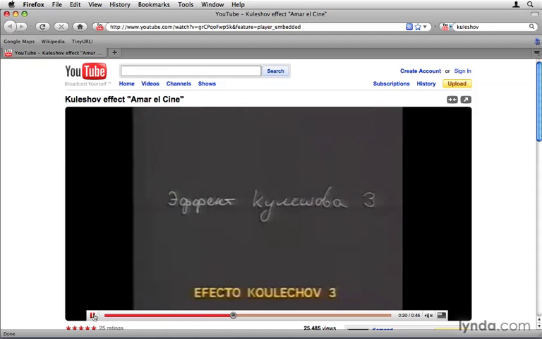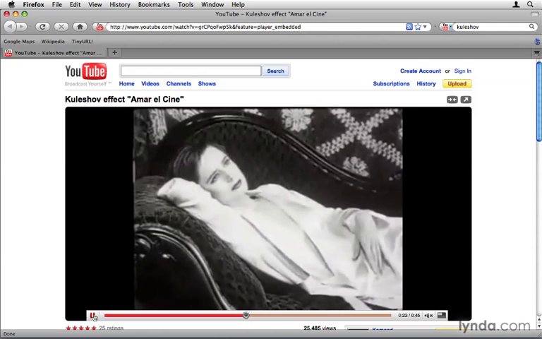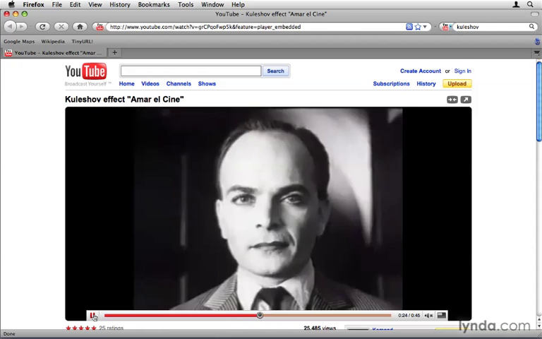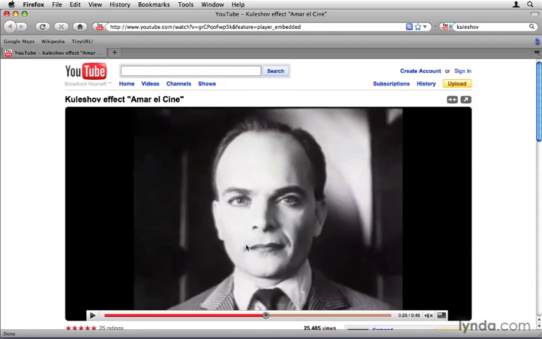Then he showed them a beautiful woman laying there. And then they cut back to the man's face, and the man's face seemed to say, hey, that's a pretty looking lady. And so what the experiment concluded, because the man's face was really the exact same every time, what changed was what was in between. So the effect the experiment taught us with video editing, that the way in which we order clips actually affects the story.